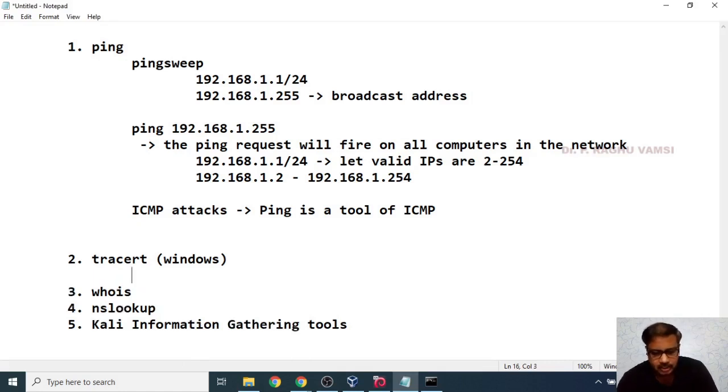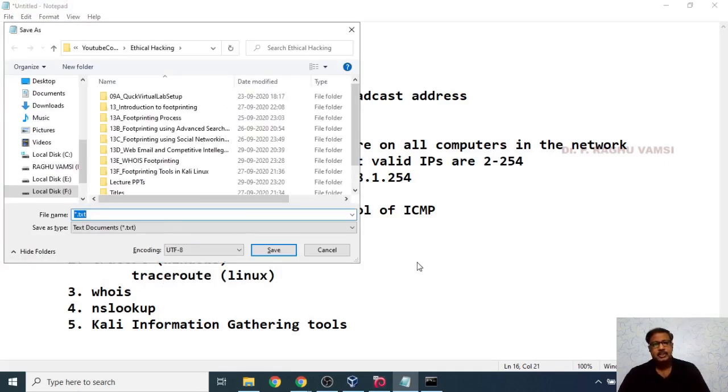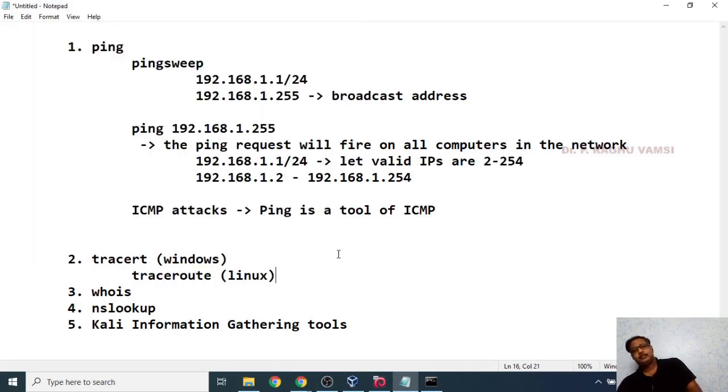Here, I am going to explain trace route with the help of the Windows command prompt. You can also look at it in the Linux operating system. You can install traceroute in case of Linux OS. Now I will explain this trace route concept in the Windows operating system.